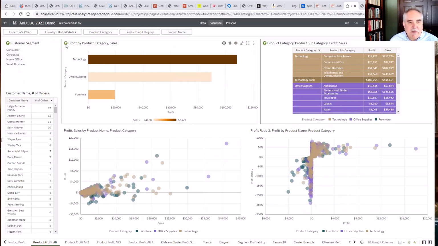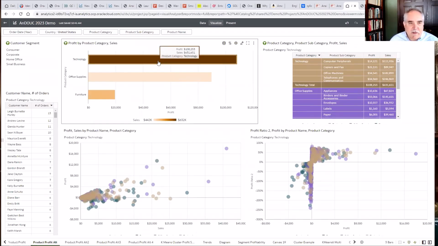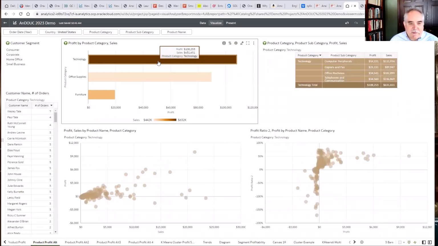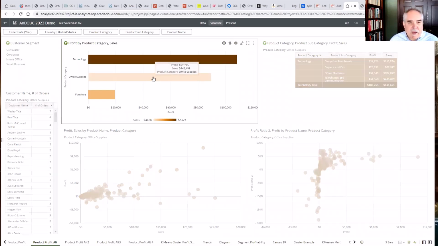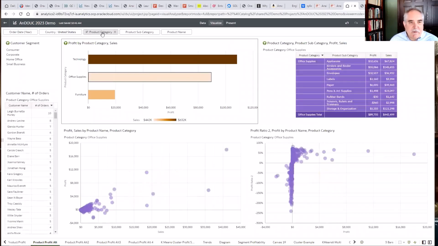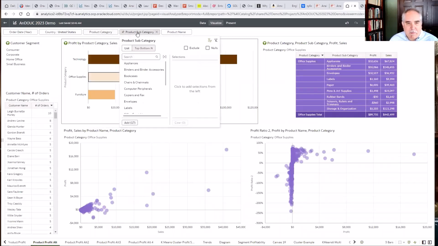You turn on the use-a-graph-as-a-filter option, so that if we wanted to interrogate just technology, we can do that simply by using the graphs as choices, okay? That way we reveal the insight for the categories without even having to work with these choices here and have them drop down.